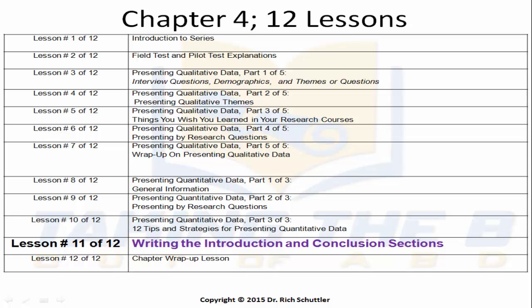The next lesson, which will be lesson number 11 to 12, that's where I'm going to go into providing information about writing the introduction and conclusion sections of Chapter 4. Like every other chapter, these are usually the last two sections to be written, and oftentimes what I find are the least considered by the student where more work is needed. And it's because oftentimes the student believes that the introduction and conclusion sections are not important. They're just as important as every other section. In fact, in some cases, the introduction is so important that if it's not designed well, somebody may never get into reading the rest of your chapter.